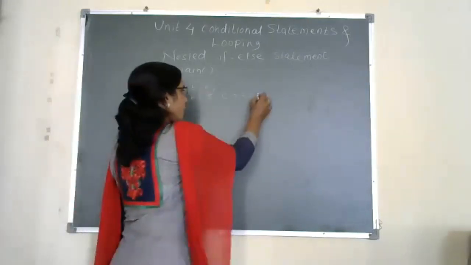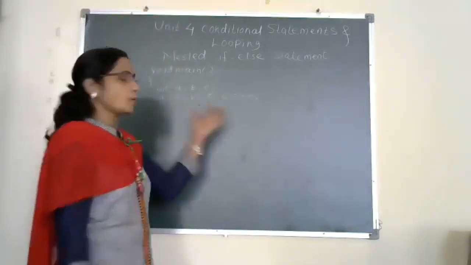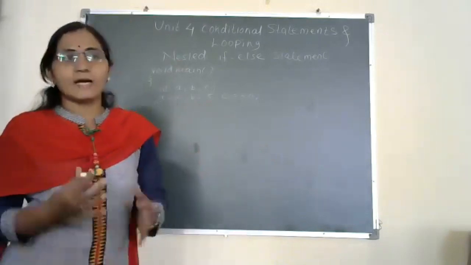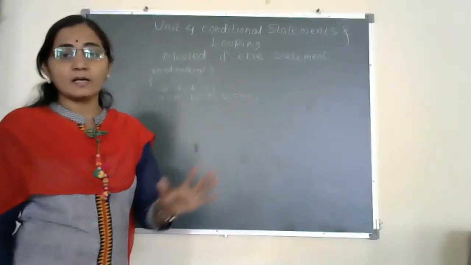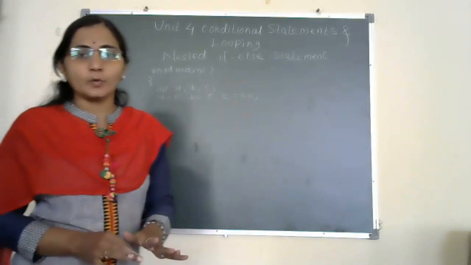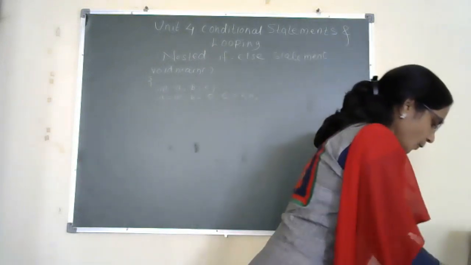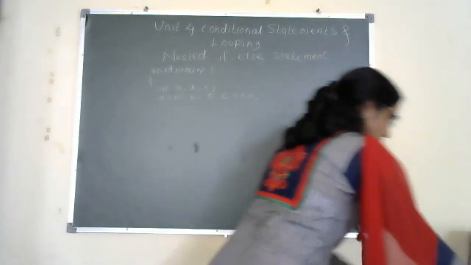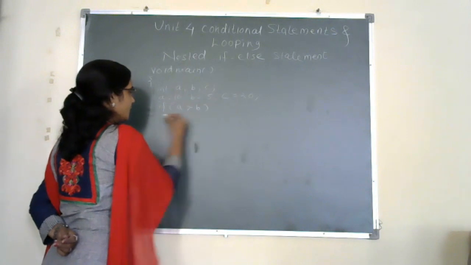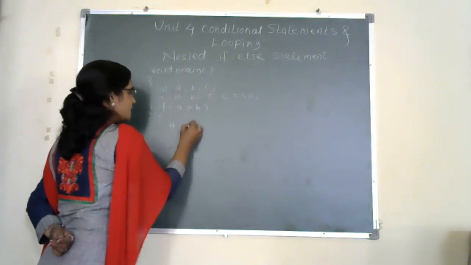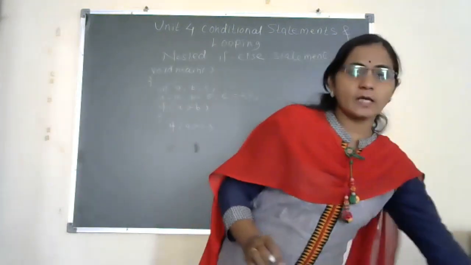All of you know what the output will be, because these three numbers are in front of you, and my aim is to find the largest number from the given three numbers, 10, 5, and 20. Which is the largest number? 20. So the output becomes 20. So how to use the nested if-else statement? For that, first of all, you have to compare A with the other two variables. If A is greater than B, then the second condition is A is greater than C. Just remember the syntax of the nested if-else statement.